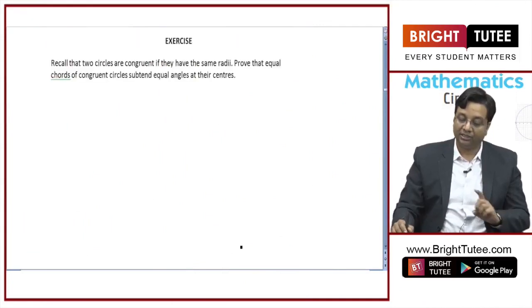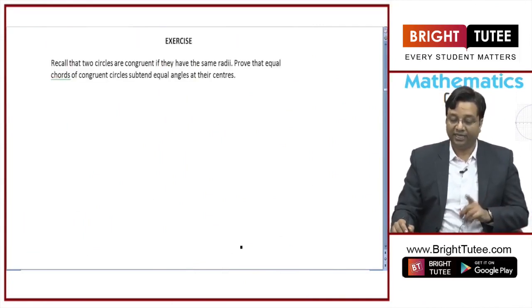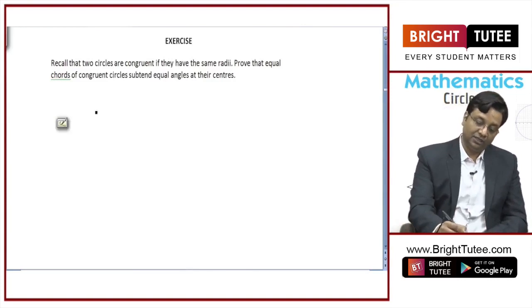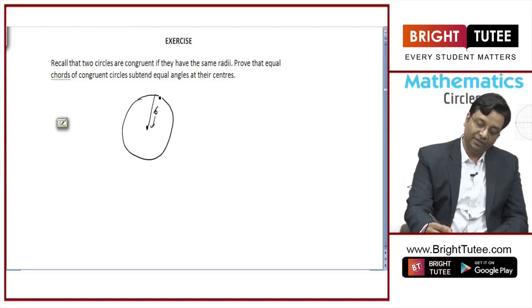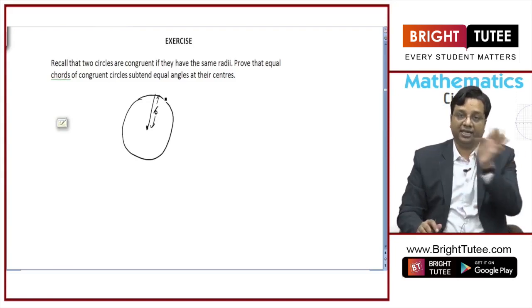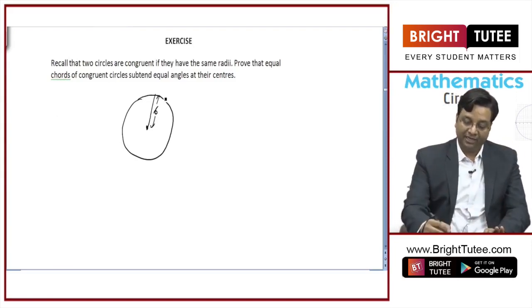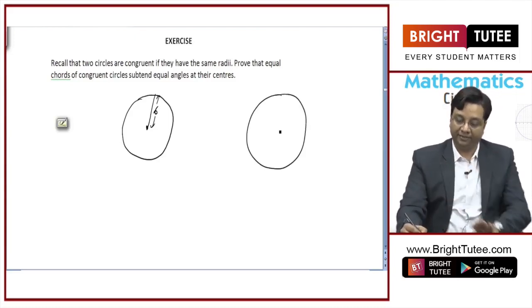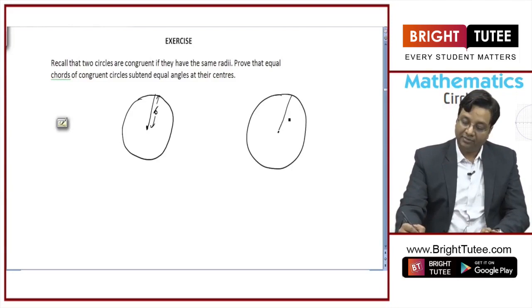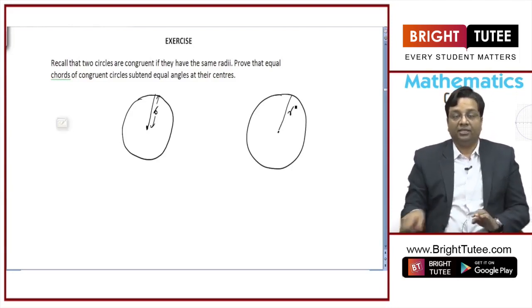Recall that two circles are congruent if their radii are the same. It is obvious. A circle has only one parameter, that is its radius, right? If we take the center at any point on the plane and we know the radius, and we get another circle at any point on the plane with the same radius, then these two circles